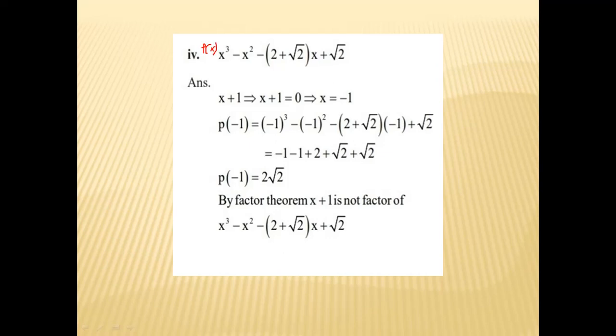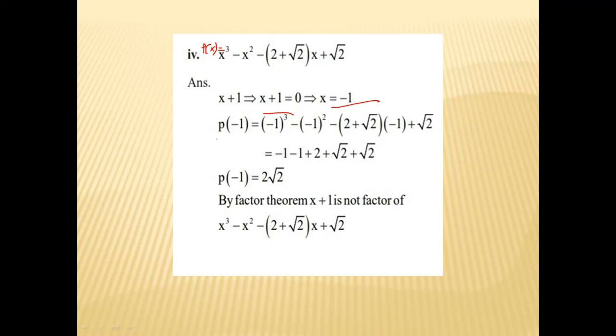P of x is equal to x cube minus x square minus 2 plus root 2 into x plus root 2. X plus 1 is equal to 0. Therefore, the value of x is minus 1. Substitute the value of x is minus 1 in the above equation. We get P of minus 1 is equal to